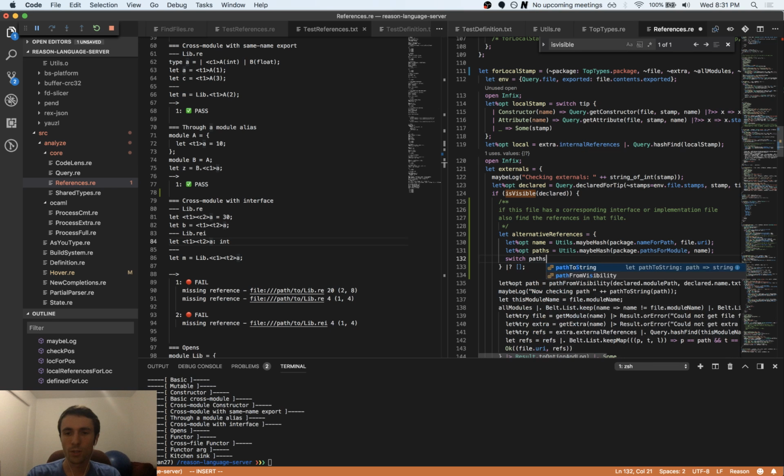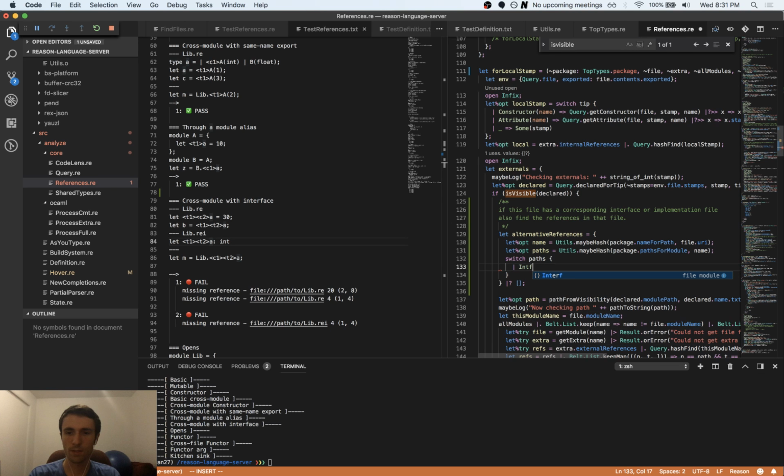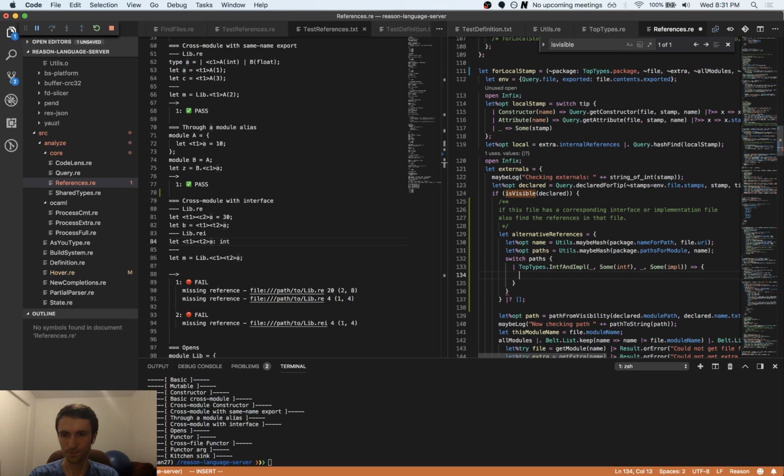So now I do switch on paths, and if it's an interface and implementation with the interface source file and the implementation source file, then